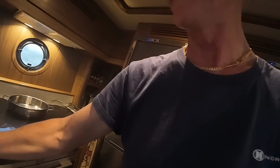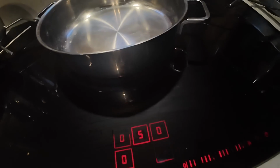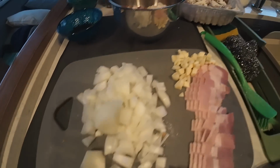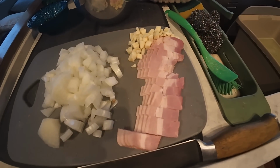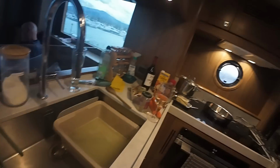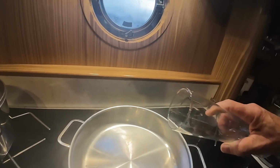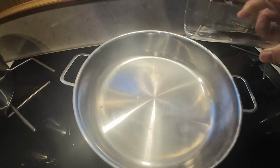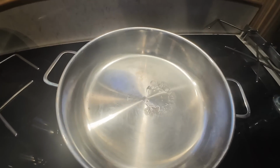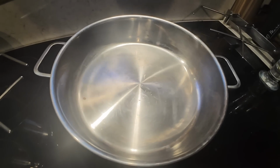It's good. Alright, so we've got the frying pan on at 5 on the induction hob. I've done the onions, the garlic, and 4 strips of bacon just cut through horizontally. And to check that we've got the right temperature, we just put a little bit of cold water in the used beer glass, and you pour that in. Right, so that's too hot. Alright, see how it just steamed straight off? So we're going to go down to